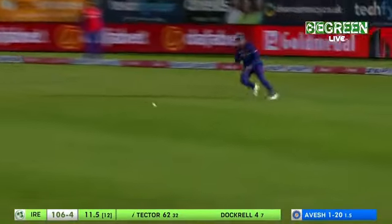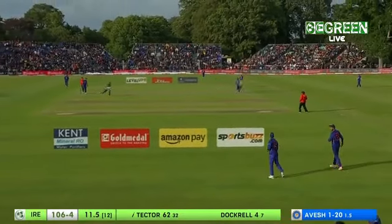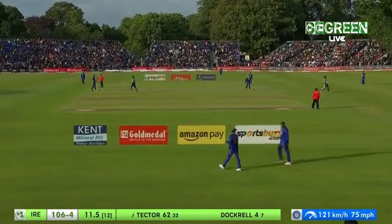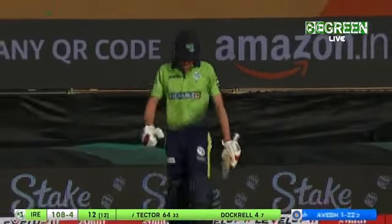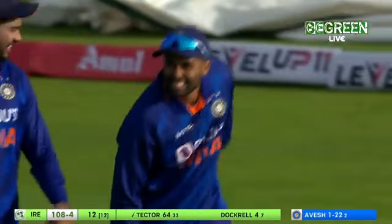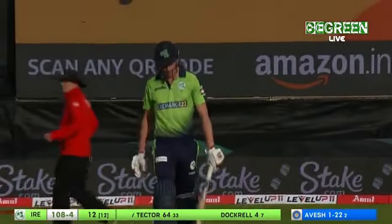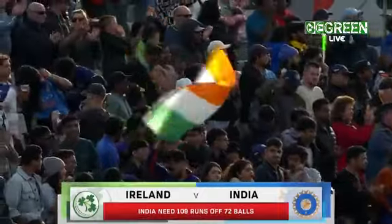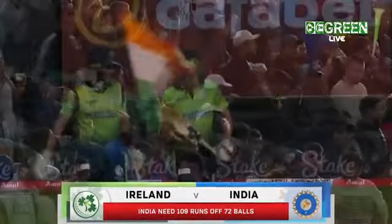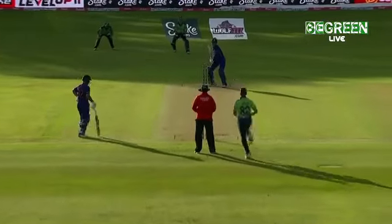We're going to run one. Tector's going to come back for a second, and they'll do that easily with the slip, and that should end the innings, and that is it. 108 for 4, so 109 needed for victory. There's 4 sixes and 8 fours in that innings, and Ireland recovering really well. 6 for 2, Sterling and Balbirnie out. Gareth Delaney won the score on 22. Nice little innings between Tector and Tucker, and now George Dockrell and